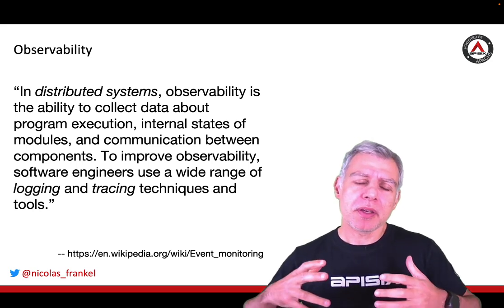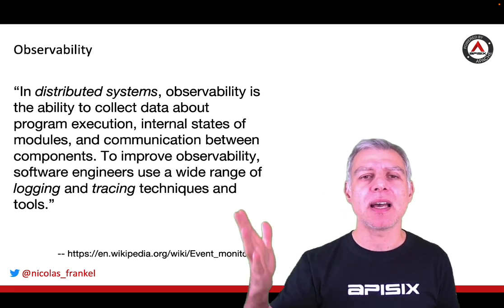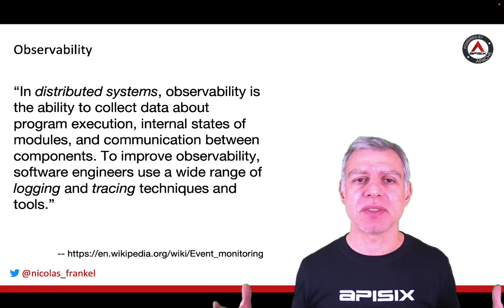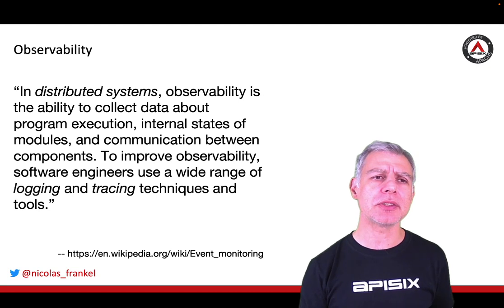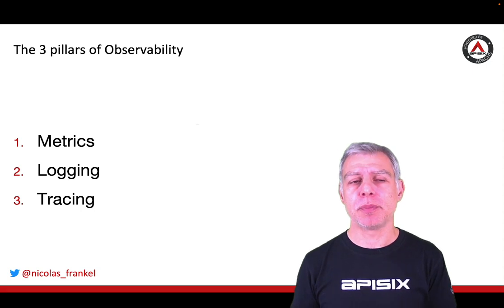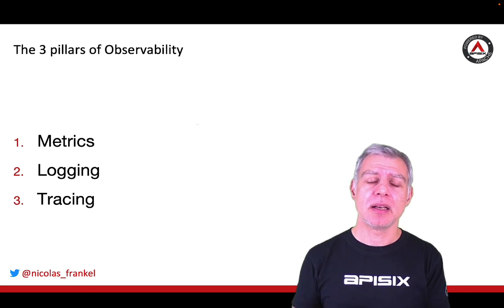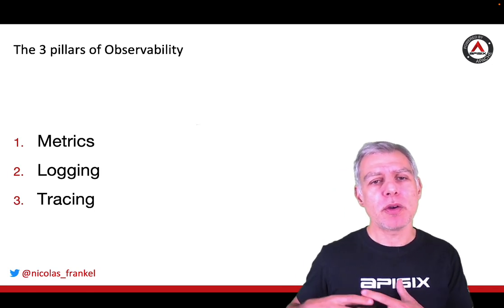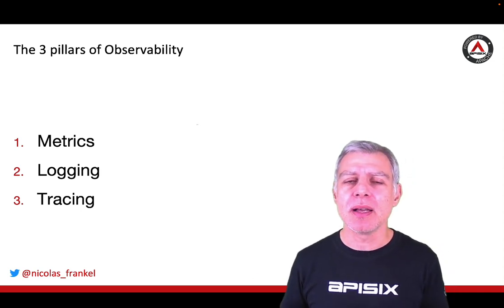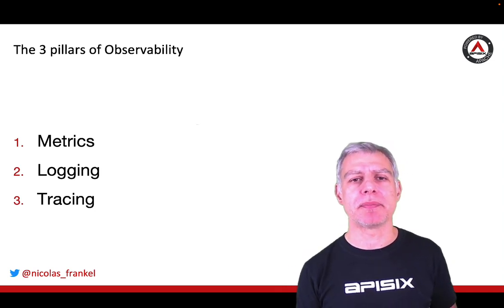So you can think about observability as the next level, providing insight into not only one single component, but a distributed system. And there actually are three main pillars of observability. The first is metrics, the second is logging, and the third is tracing. Though I will focus this talk on tracing, I still need to introduce the other two because they make a lot of sense and probably you need to be aware of them anyway.